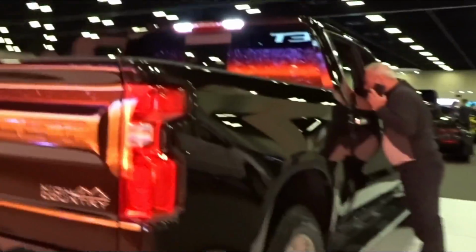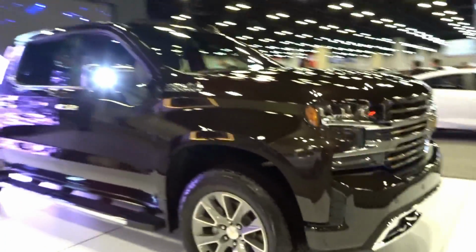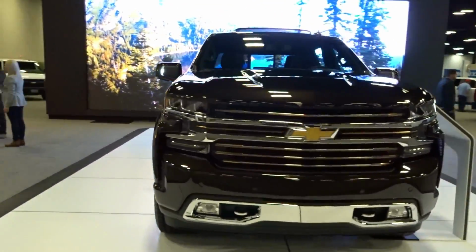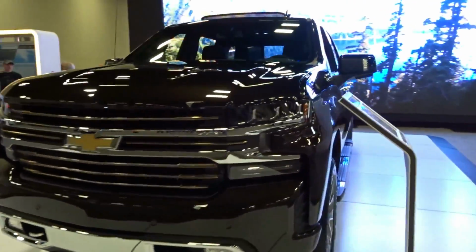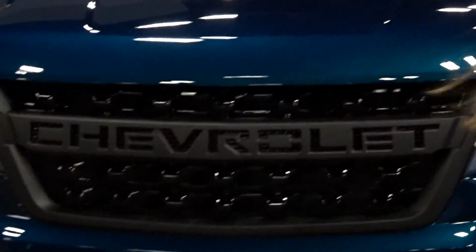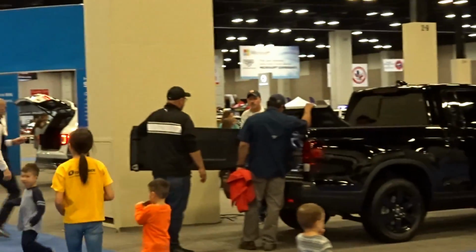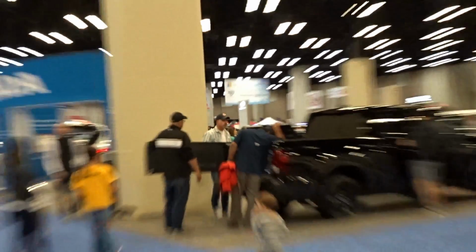Dang. Alright, well, definitely changed my opinion on this truck. It's definitely really, really good. Still don't like the front, but very cool option-wise. Trying to copy Ford. Trying to copy Ford with the big font in the front. Ford did that first. Didn't like that. That's inconvenient because then you gotta